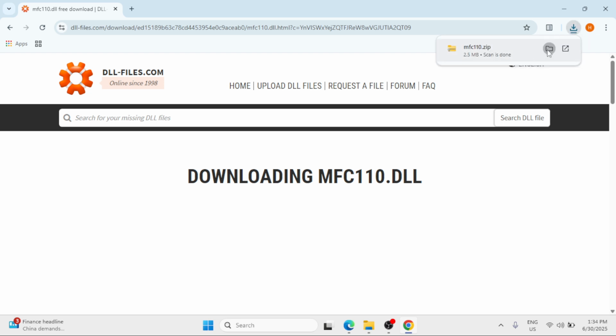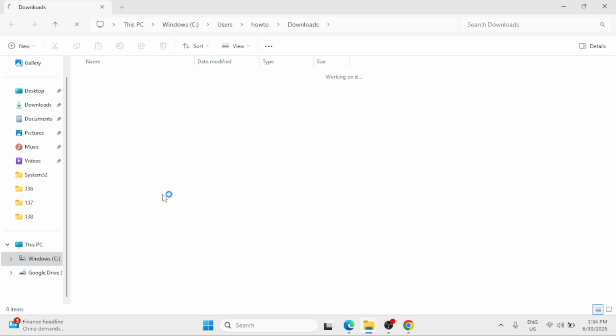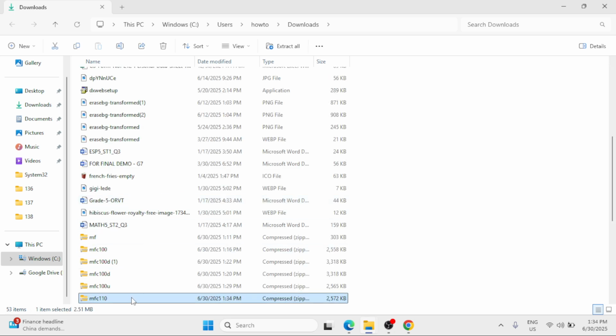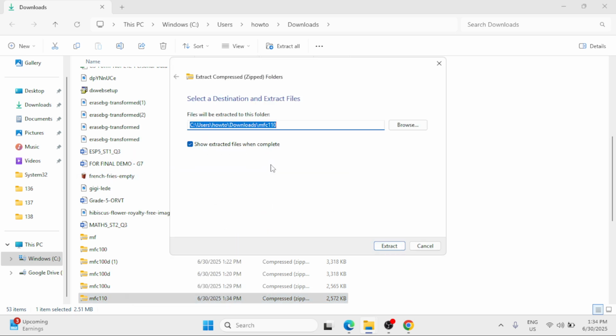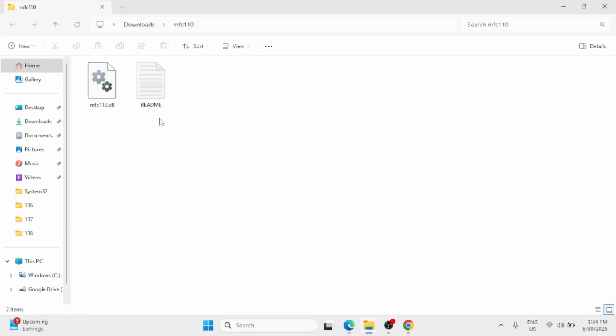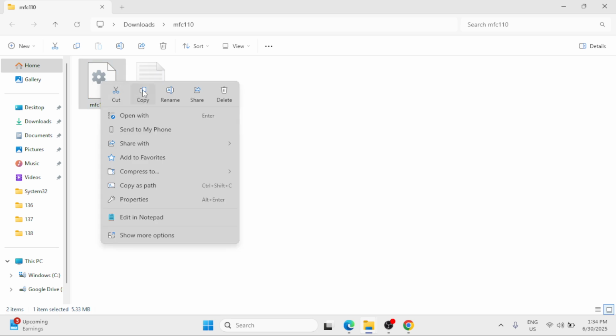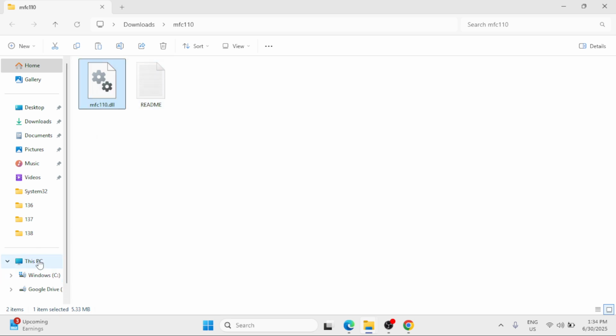Once downloaded, click on the folder icon. Wait for this to load. Then right-click on the folder and select extract all. Click on extract. Copy the DLL file, right-click, select copy, and go to This PC on the left pane, double-click